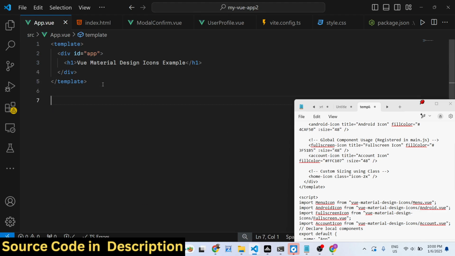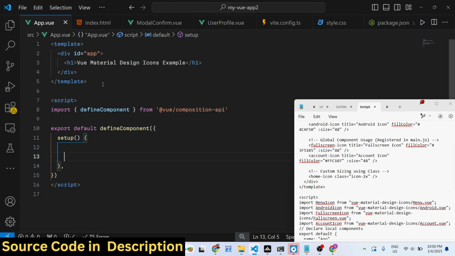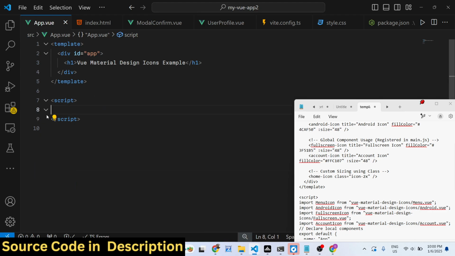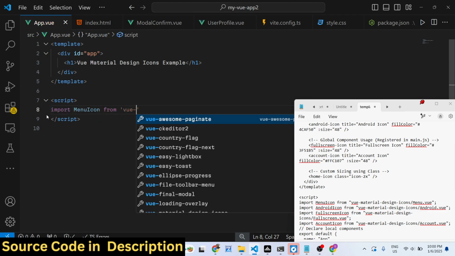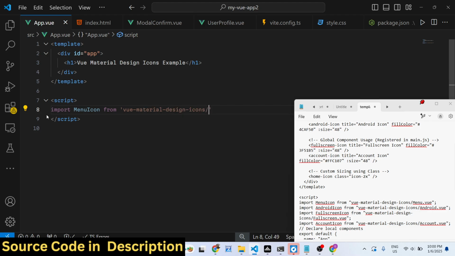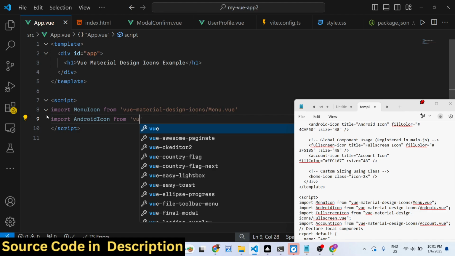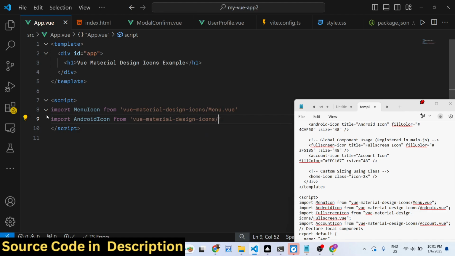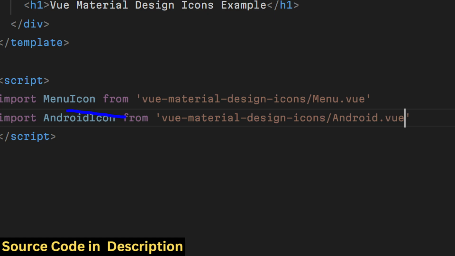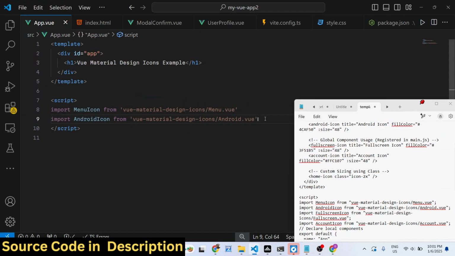But before that, inside our TypeScript code, we just need to import one by one the icons using the import statement. So we just write import followed by the name of the icon, menu icon, which will be coming from this package, vue-material-design-icons/Menu.vue. In the similar way, we again import the Android icon, one such another icon, from vue-material-design-icons/Android.vue. So we are one by one importing the icons from this package,